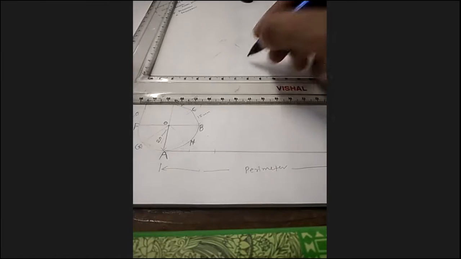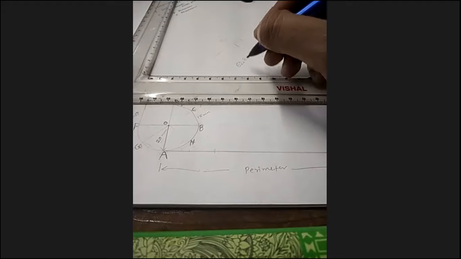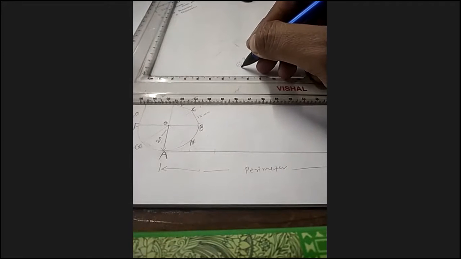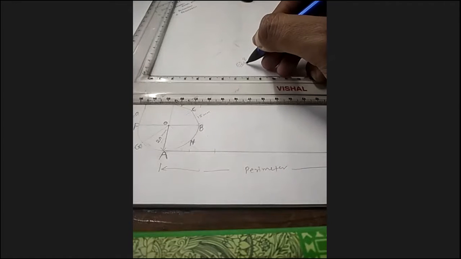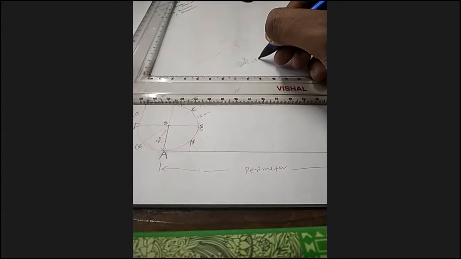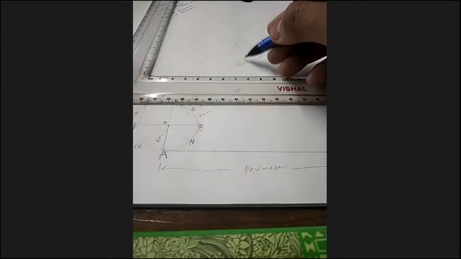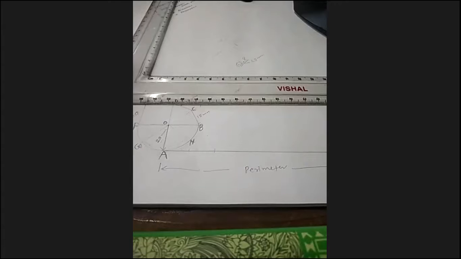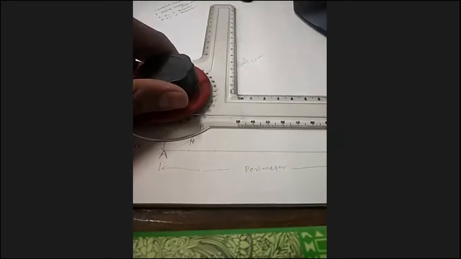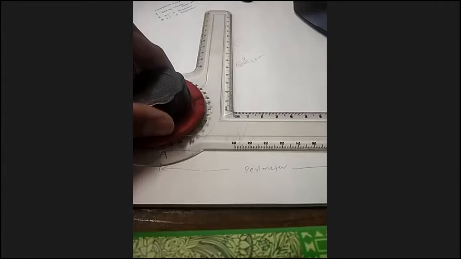Always talk in terms of pi d. Then pi d is the circle perimeter. We are having half circle, so it is divided by 2. So it is 62.8 mm, coming 62.8 mm. Okay. So now what I will do, I will draw one line which is almost 63 mm, because I don't have 0.8 mm scale in my scale. So I will draw one rough line here that is equal to 63 mm.